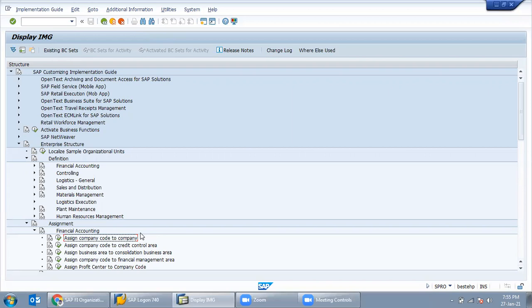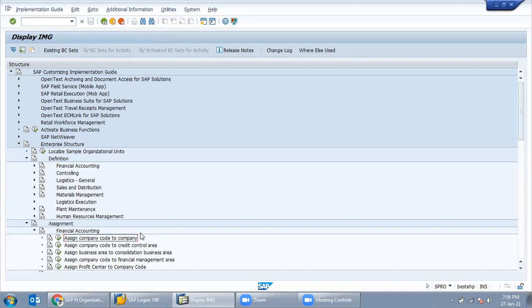So you want to maintain the different companies in a single system. Because you are the owner, you want separate financials and separate reports for the particular companies. I have a Tata Power, I have a Tata Steel.